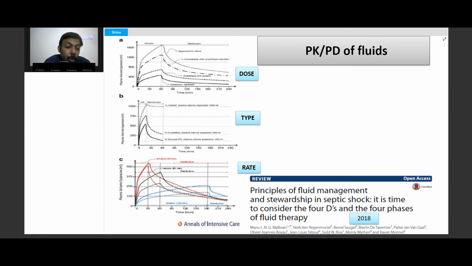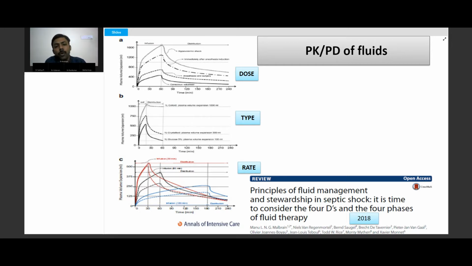The colloids used here were 10 ml per kg, and the crystalloids used were 20 ml per kg. So we found that the requirement is halved, or even down to a third, for colloids to get the same response as crystalloids. And when we give it over a prolonged duration, over 3 hours, there is not much retention. From these studies, we are able to understand the rate at which we have to give the bolus and the type of fluid which has to be started initially and then later on. I think I've made the point clear. This is a very important and useful slide to understand.